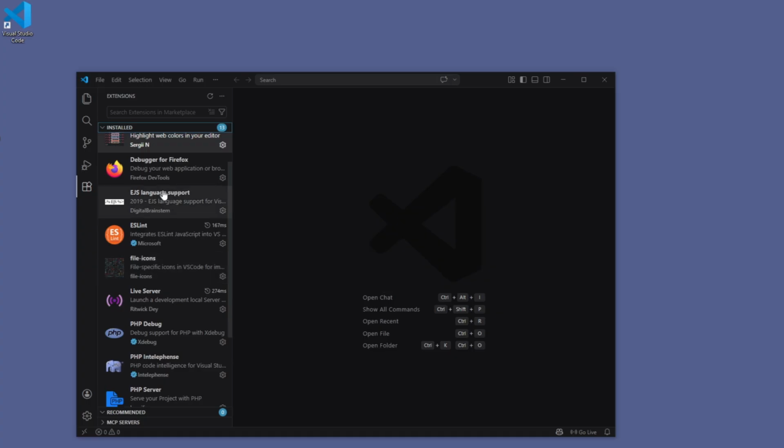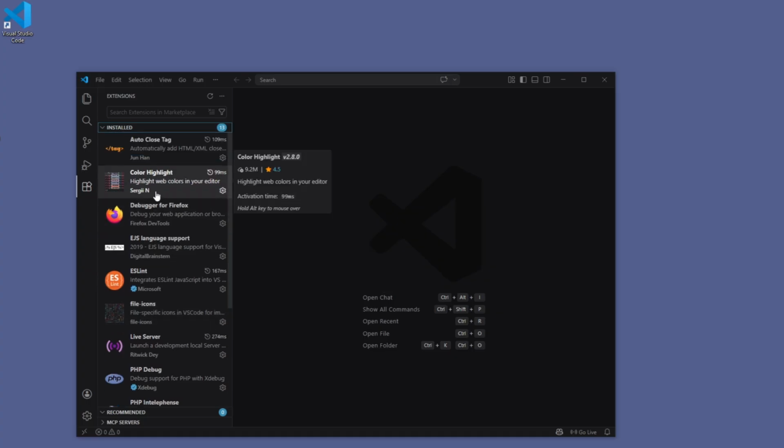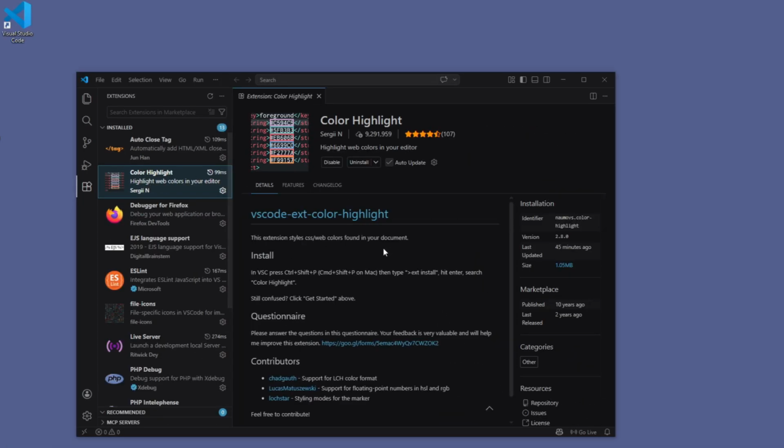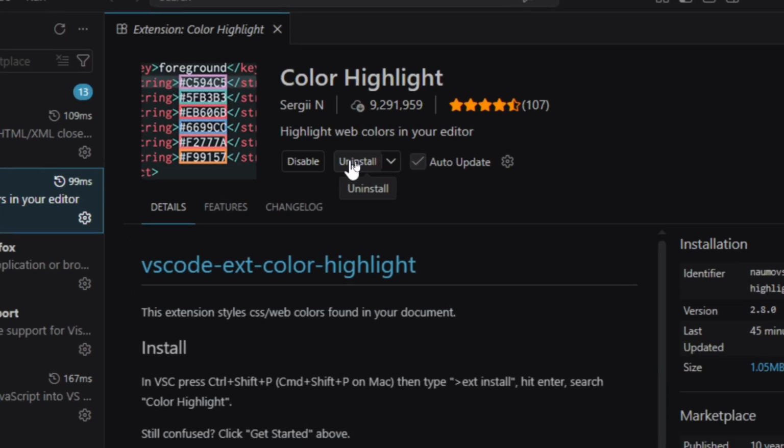So if you had already installed any extension and you wish to downgrade to any lower version, click on the extension. For instance, I'll click on this and I'll wish to downgrade this extension to a lower version. To do that, just head to uninstall and don't click on it. Just go to the more option here, drop down arrow, and if you click on it, we have an option